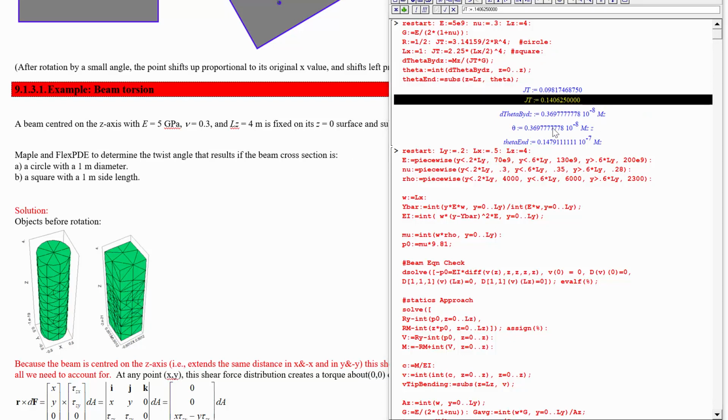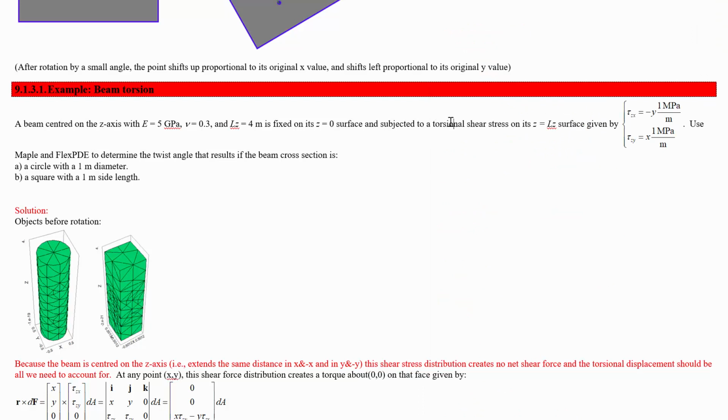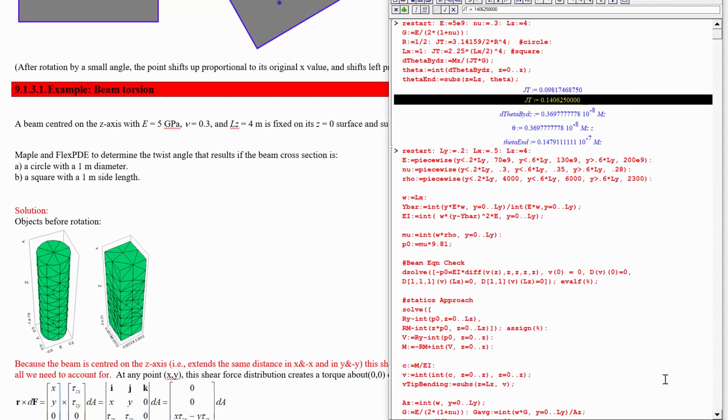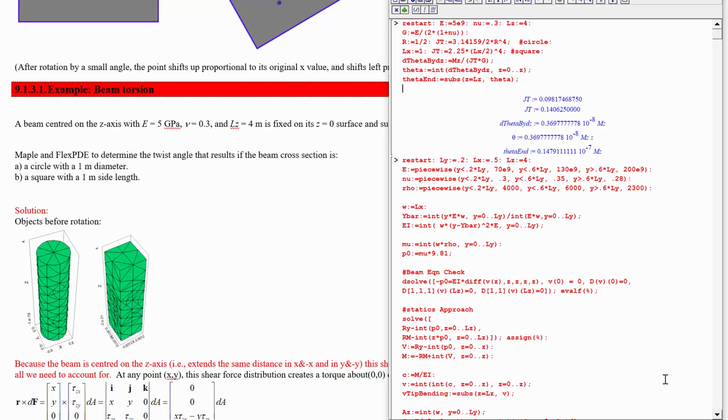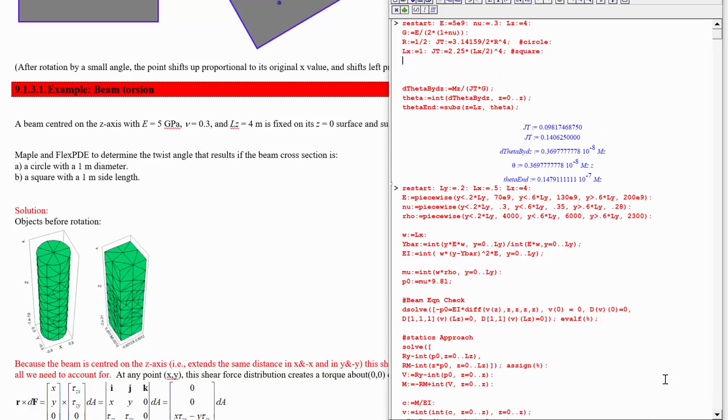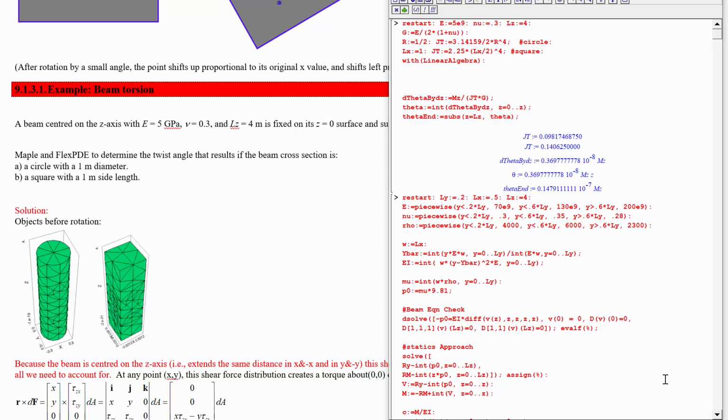So all we have to do now is figure out what the angle is, figure out how to relate this shear stress distribution to a twist angle. And that we can do by taking a cross product at the end here. With linear algebra, going back to the week 3 stuff, we'll say that at some point on the surface, let's say R is equal to x, y, 0, we've got no displacement in z, so some point on the surface about the z-axis,